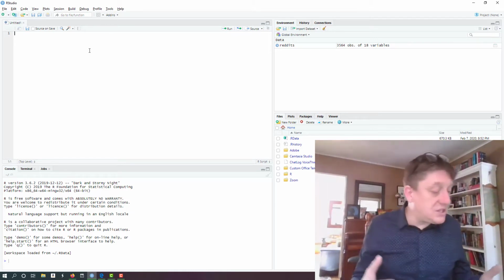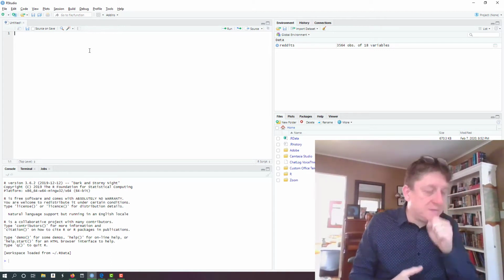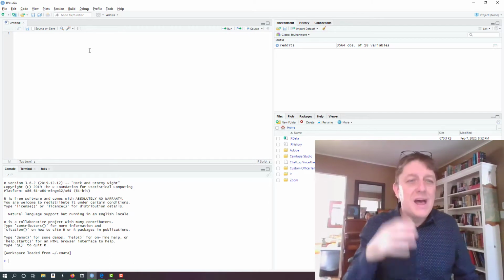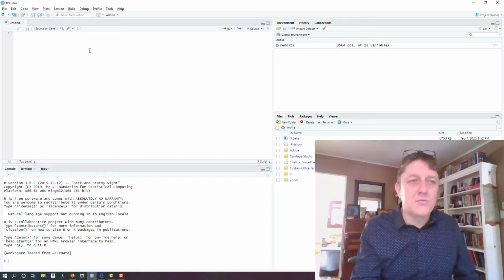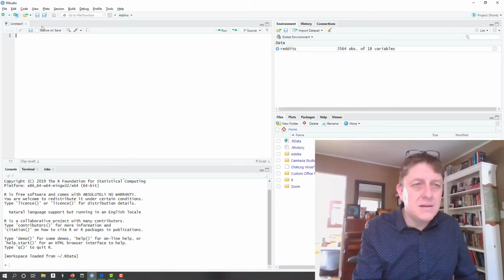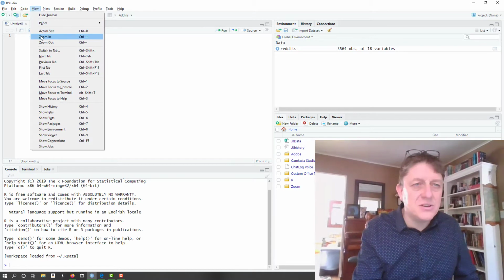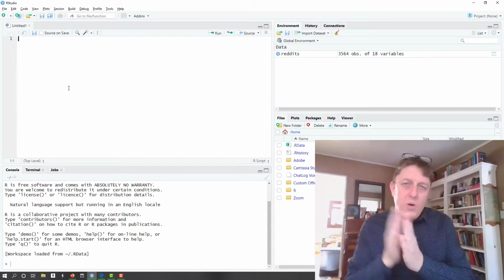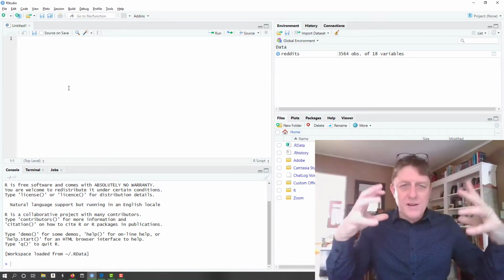What we're going to want to do is write a 3-line program. Really, I'm not kidding. Just 3 lines. And let me see if I can make this a little larger. Let's zoom in. Yes, we're going to want to make this bigger so you can see what's going on here a little better. Okay, but the first thing we're going to want to do in this R environment, this place